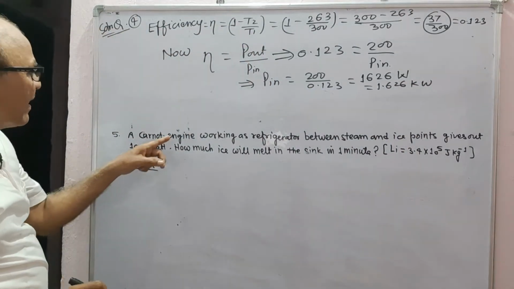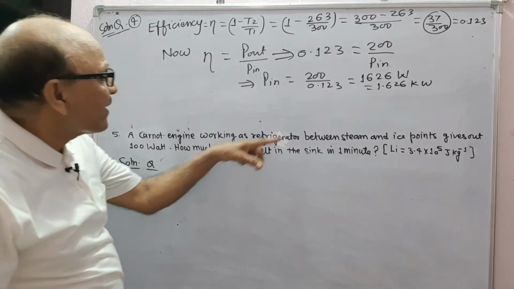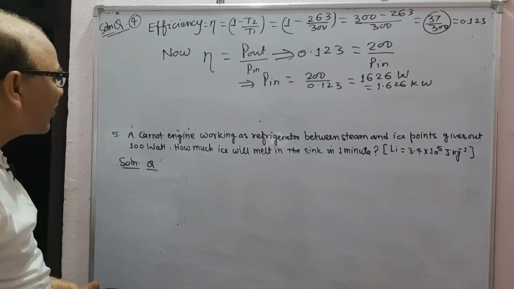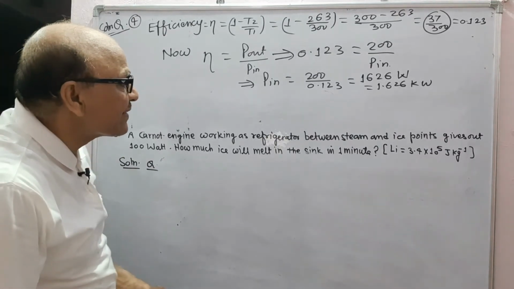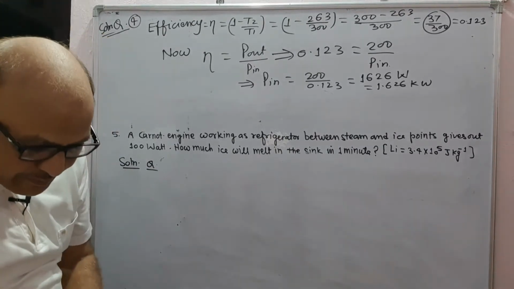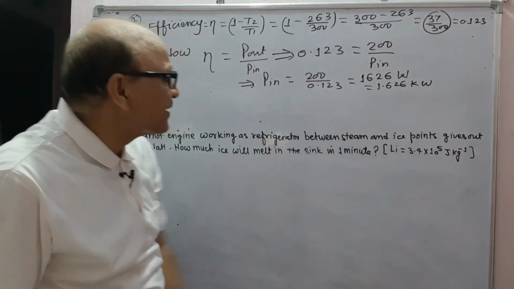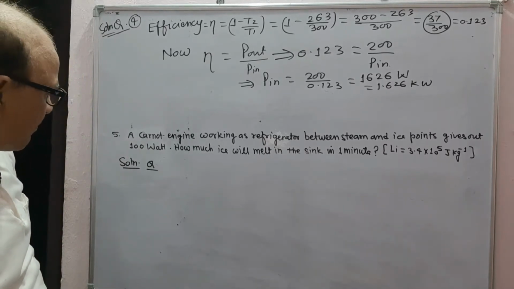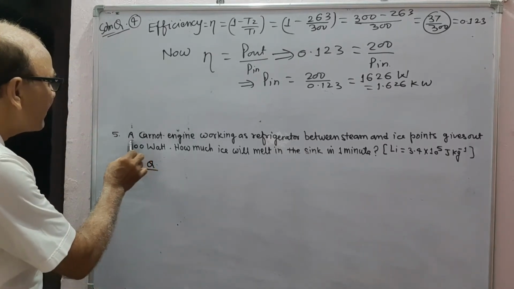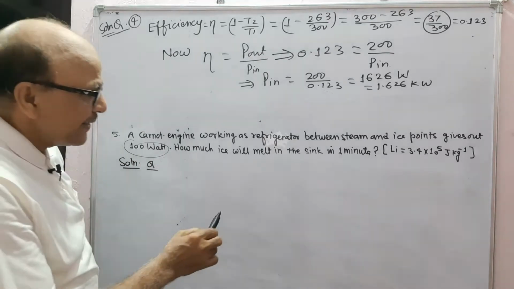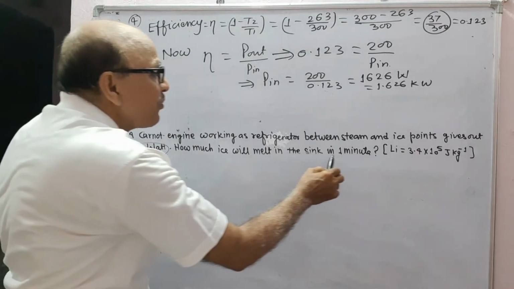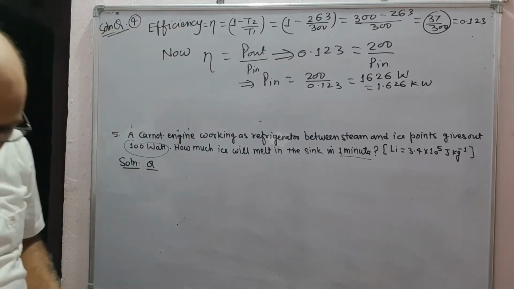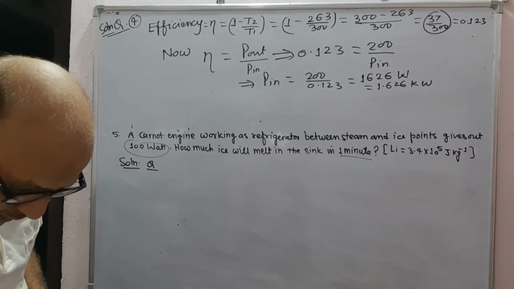Question 5 is: a Carnot engine working as a refrigerator between steam and ice points gives out 100 watt. How much ice will melt in the sink in 1 minute? Latent heat of ice is given to be this much. Now this is power, and this is time. So power into time will give work, and efficiency